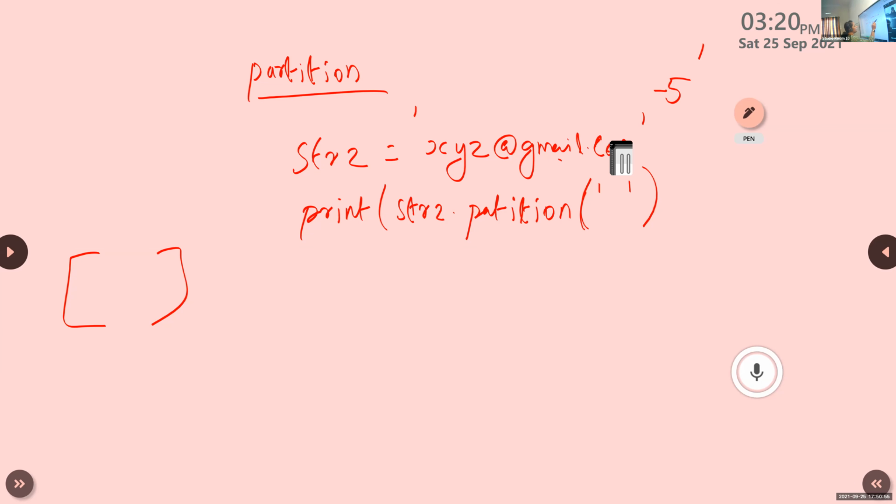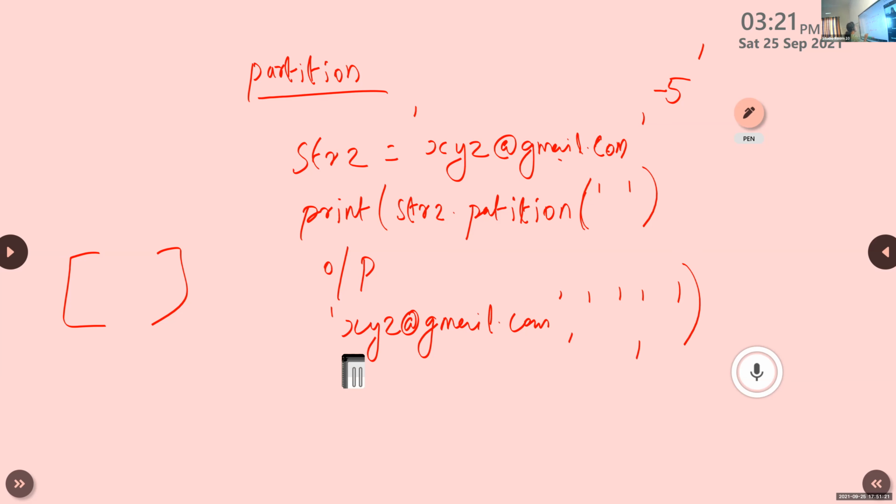So here there is no separator. Here space is used, that is an empty separator. So the output is the first part, the entire string, xyz@gmail.com. After that, an empty string is the second part. The third part is also an empty string.